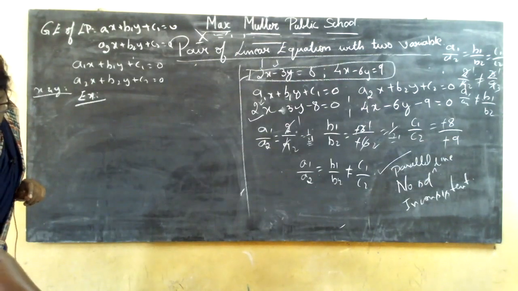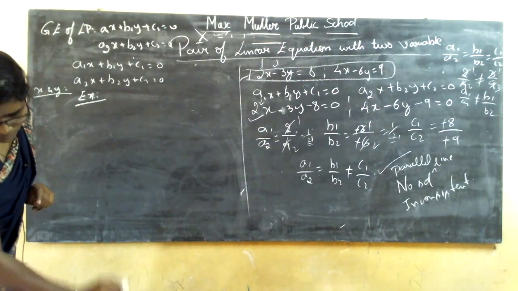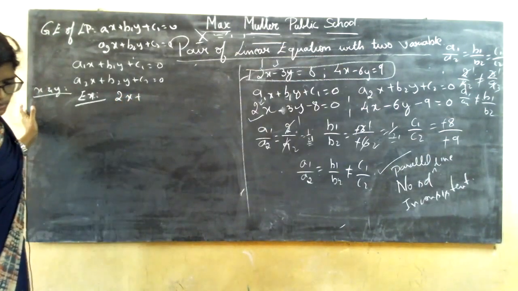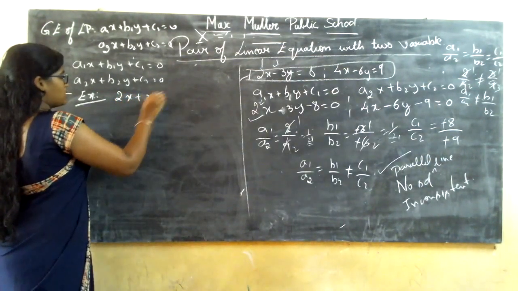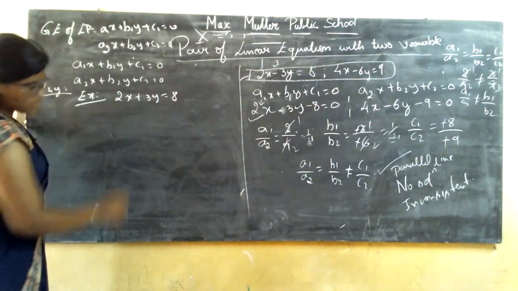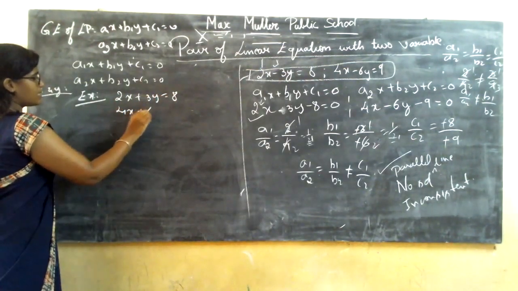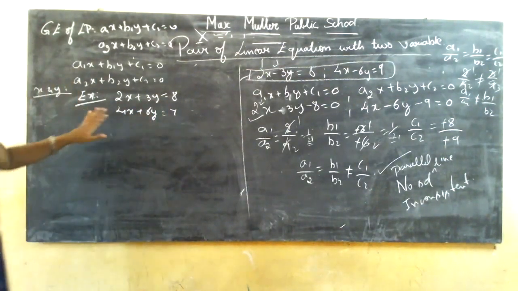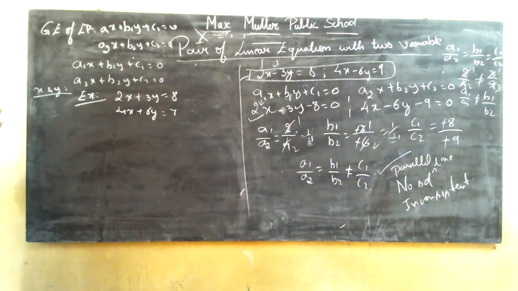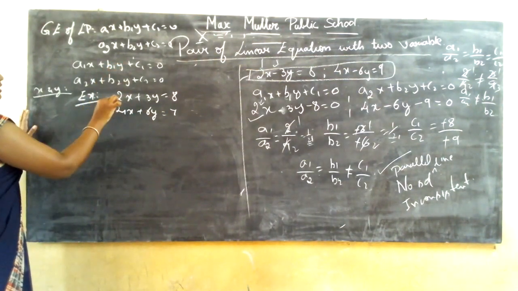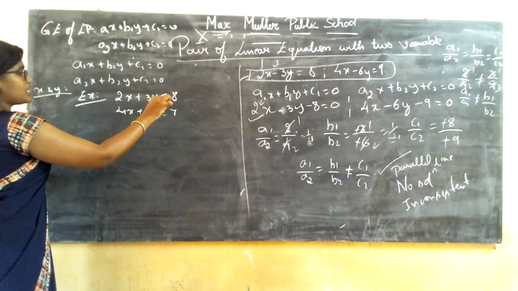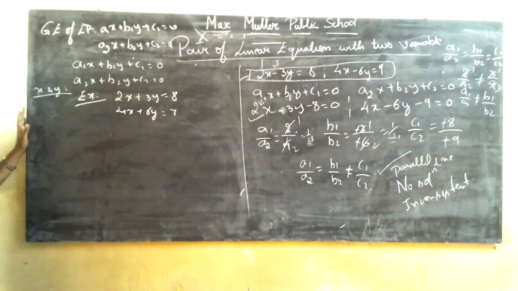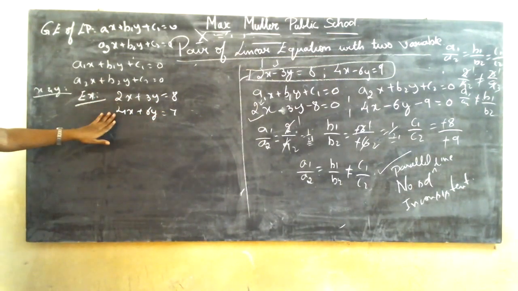How are you going to use this elimination method? Let me take an example and explain. That is 2x plus 3y is equal to 8, and the next one is 4x plus 6y is equal to 7. You need to check whether this is an equation or not. For that you need the general equation, a1x plus b1y minus c1 equal to 0 and a2x plus b2y minus c2 equal to 0. So it is in the general form.